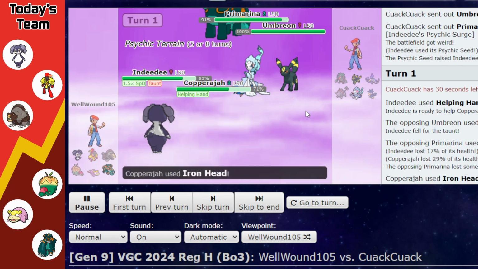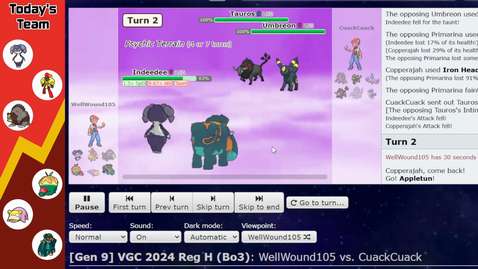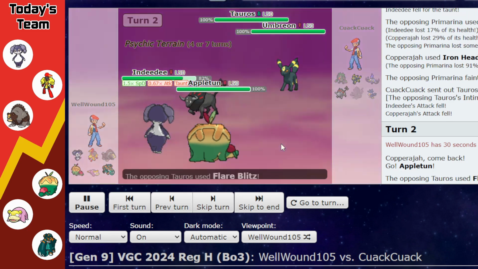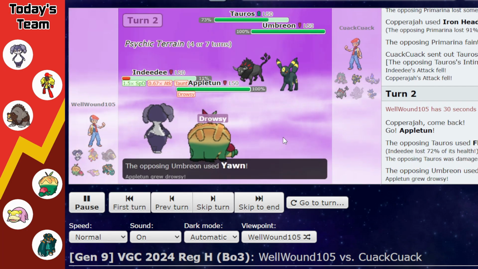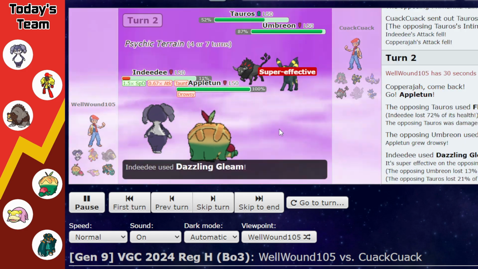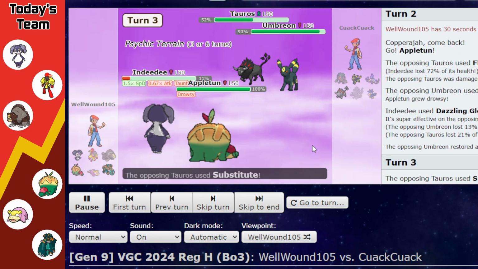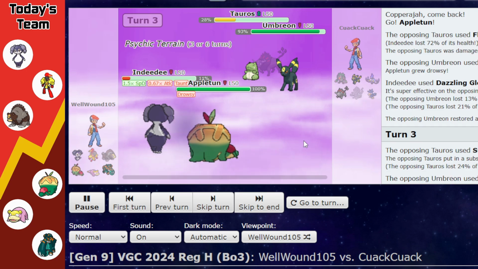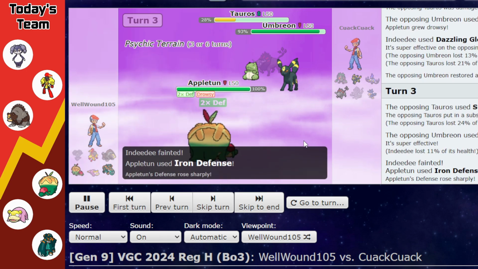we take the Hyper Voice pretty well as we Ironhead, but this results in them bringing in Tauros, and I really don't want to lose Caparaja, so I decided to bring in Appletun, who would have resisted it thanks to the Thick Fat, but I decided to Flare Blitz into Indeedee, but Indeedee doesn't get knocked out, and at least gets a little bit of Dazzling Gleam damage in, as Tauros is able to get up a Substitute, and we